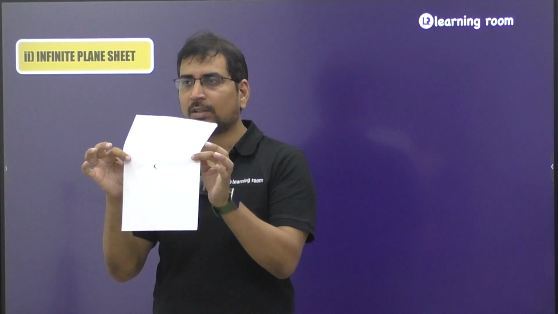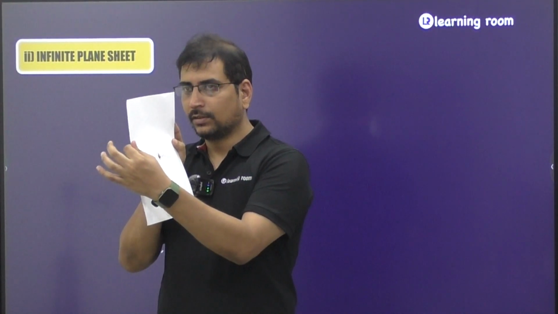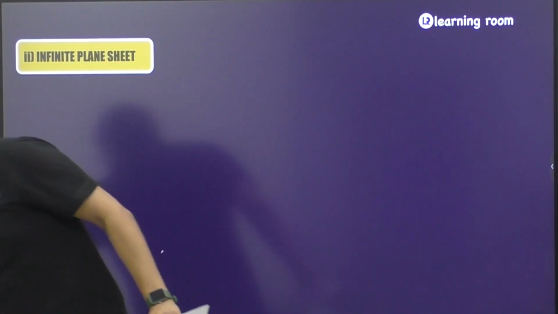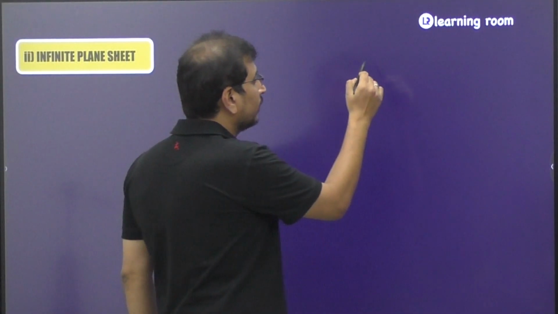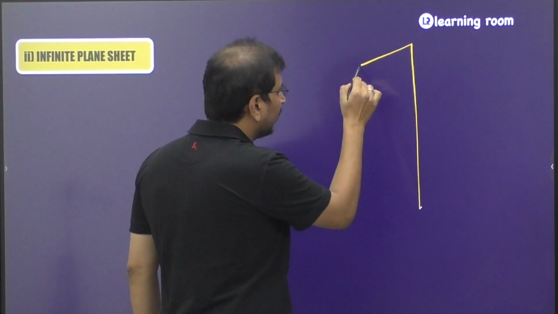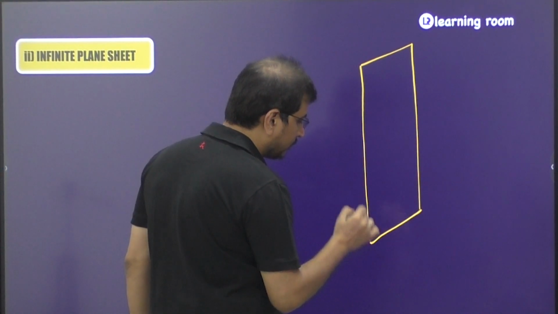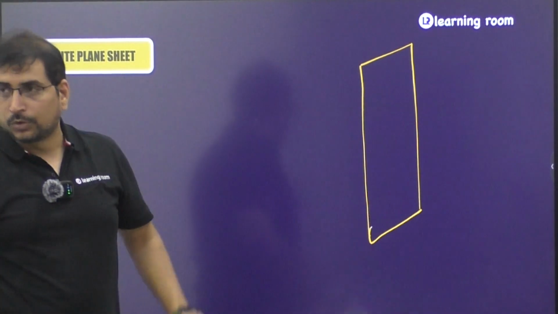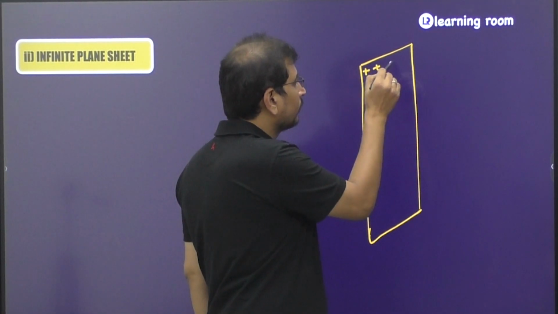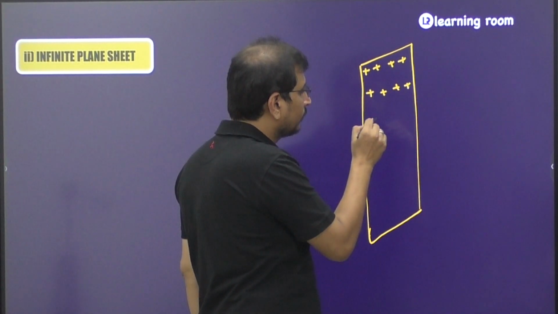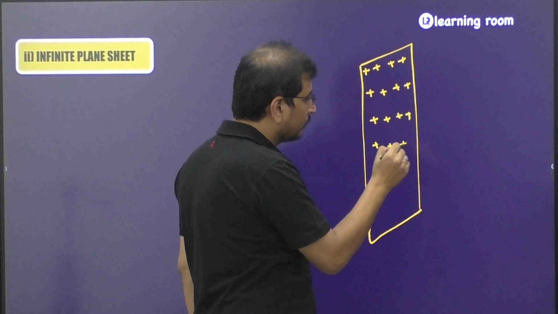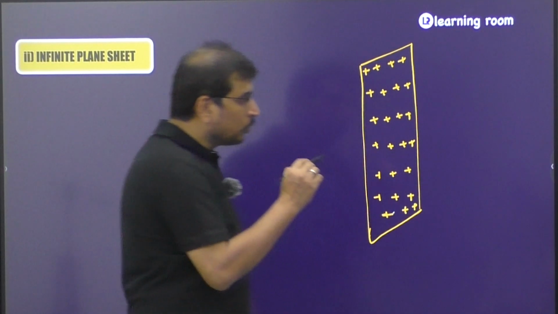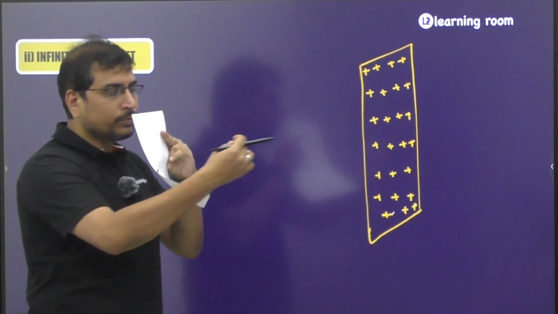But what I'm going to do is I'm neither going to place it like this nor like this. I'll place it in this way so that we are able to see the front side, but not exactly in the shape of a rectangle. Rather, we'll be able to see it something like this. On top of this sheet, there is charge that is distributed uniformly. Okay. So due to this kind of a system, our job is to find